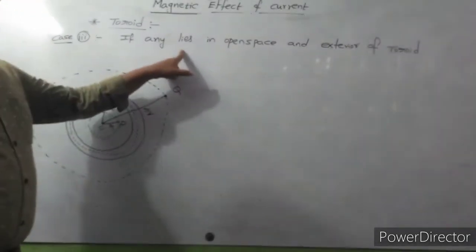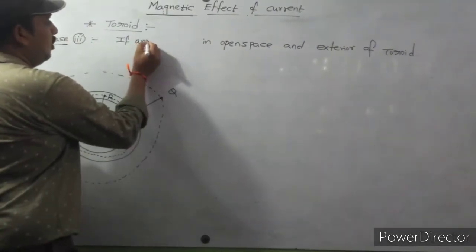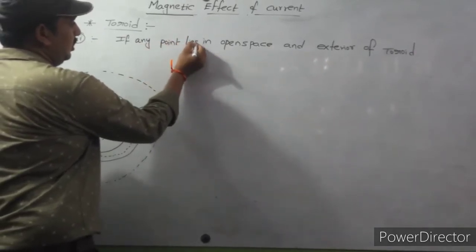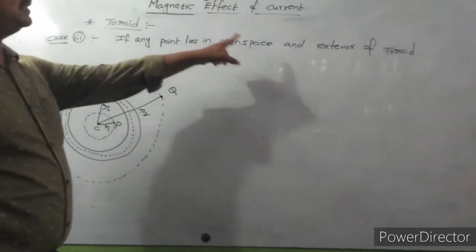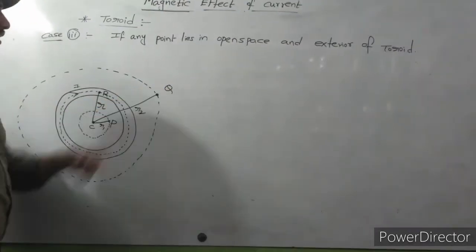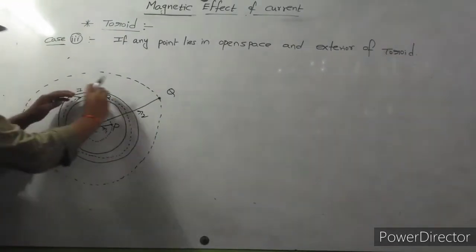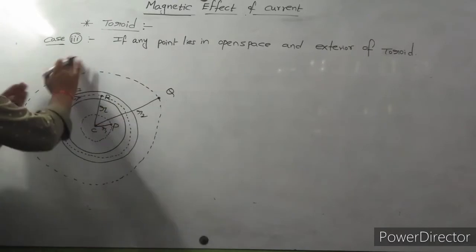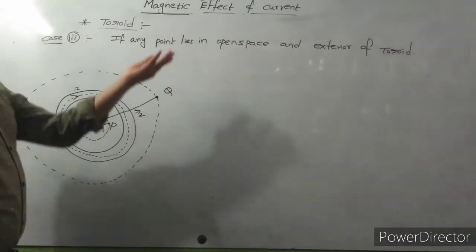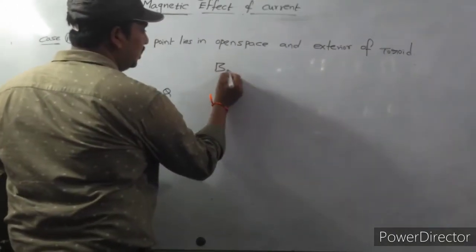If any point lies in open space and exterior of toroid, that means if you consider here is the point, exterior of the toroid, outside of the toroid, then the magnetic field at that point is equal to